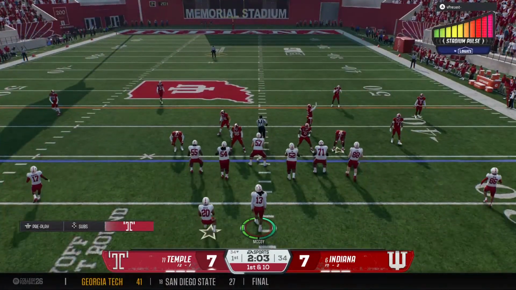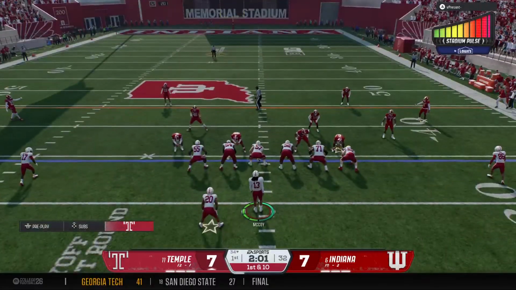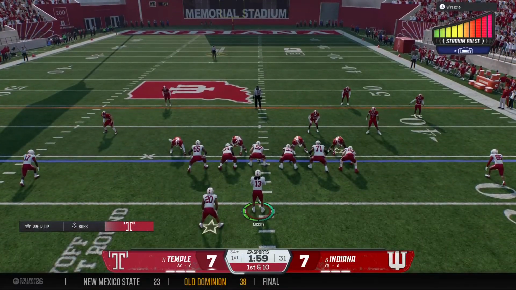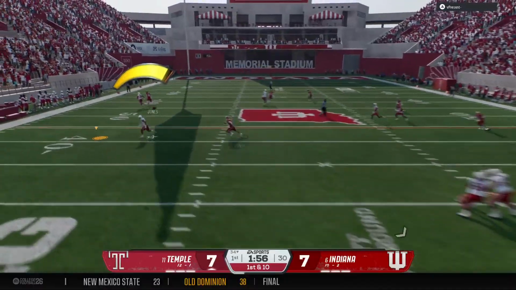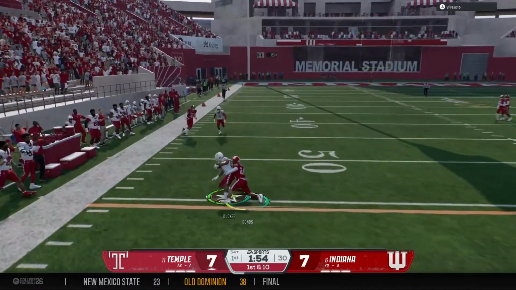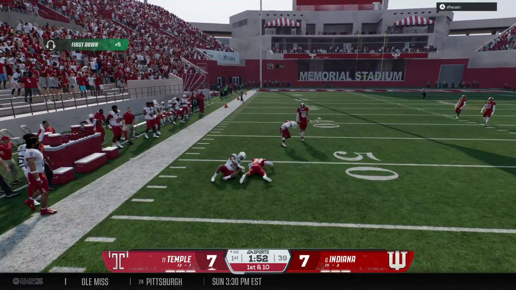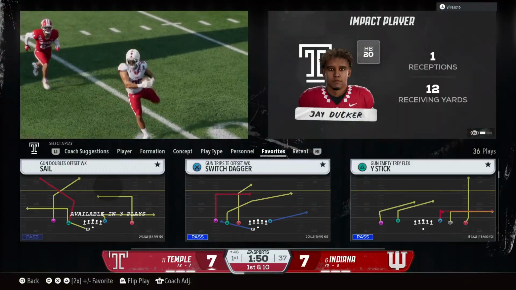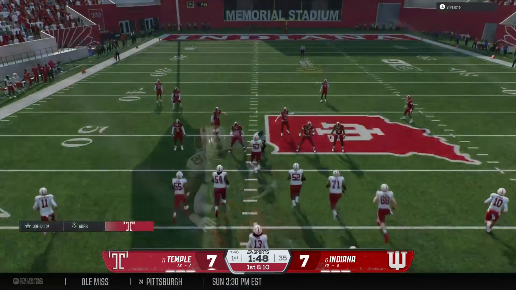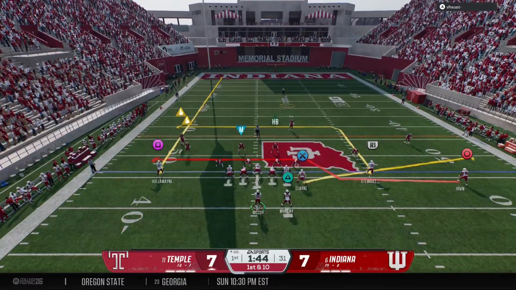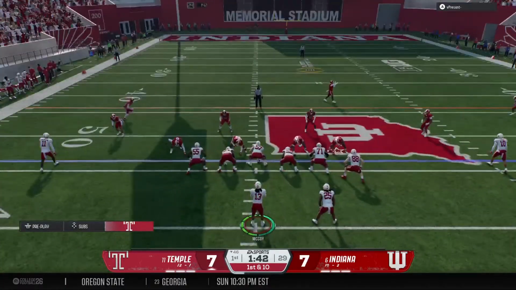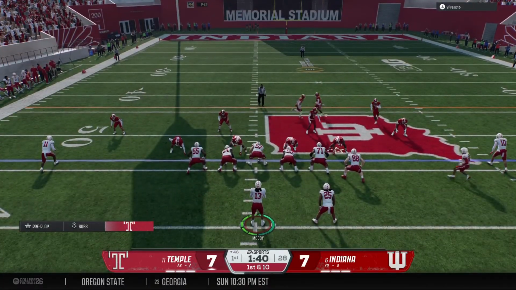That's a nice pickup there. They find some space in the zone and pick up the first down. Yeah, really nice call here, Chris, to be able to pick up this first down on this drag route. The quarterback does a nice job of being patient, waiting for that window to open up in that zone, and he put it right on the money for the receiver to have a chance to not just catch it, but eventually get the first. And the Owls will have 1st and 10 here. Moving the receiver around pre-snap.